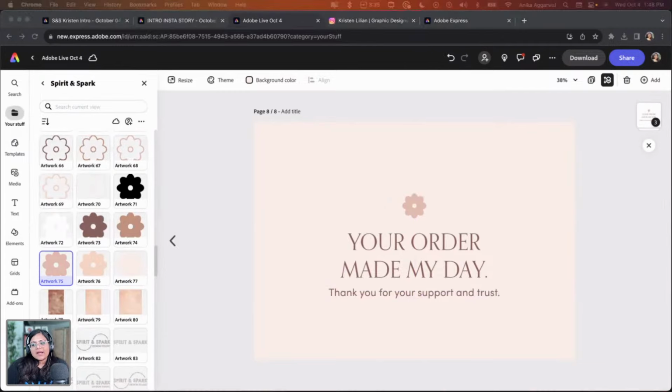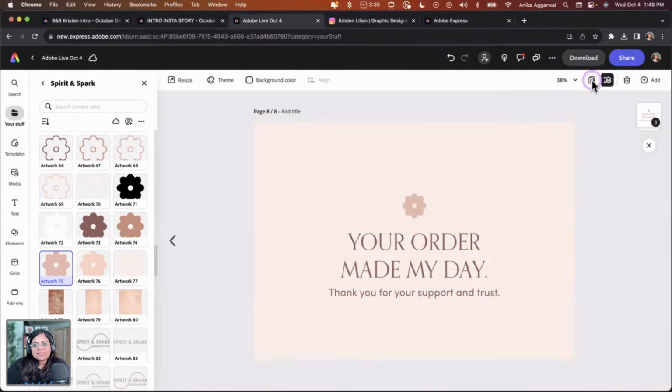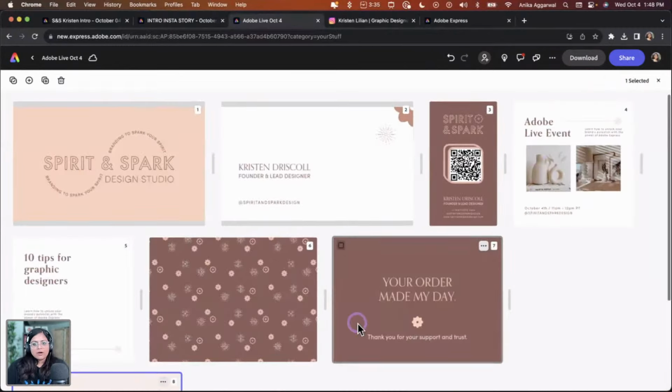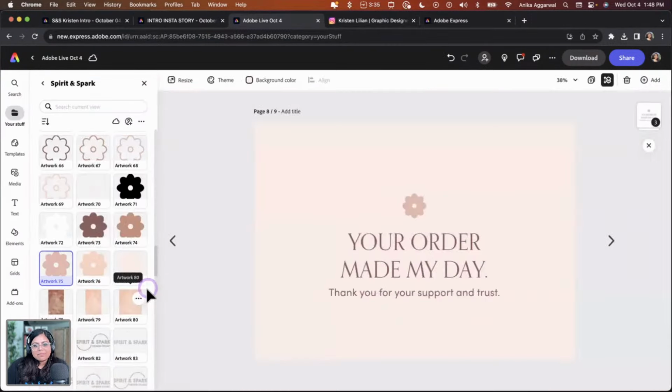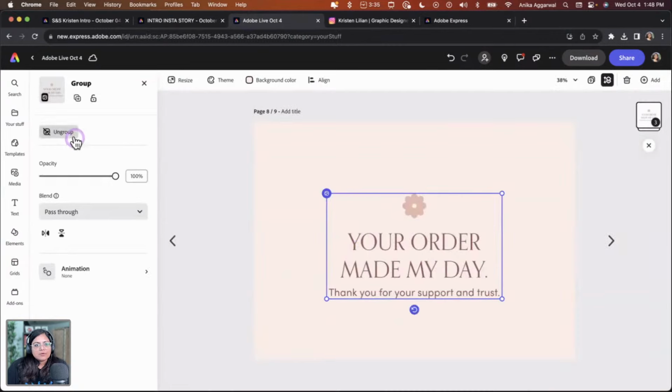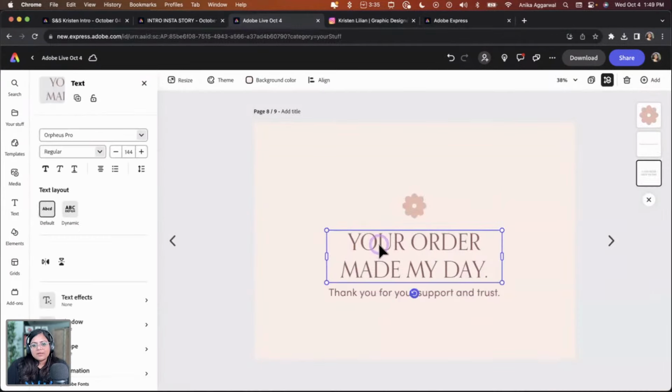And then the other side can say more details about what you added within your card. So maybe I want to create, I actually want to duplicate this one. And then I want to make the back of the card here. So I'm going to ungroup this. And the back of the card can say